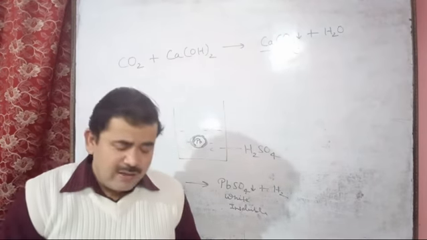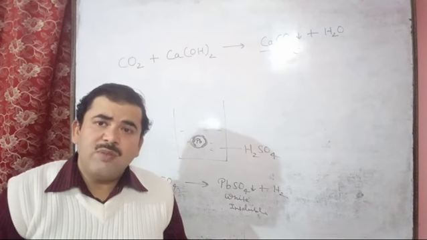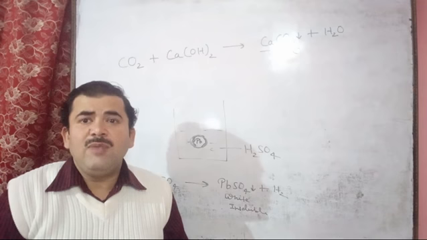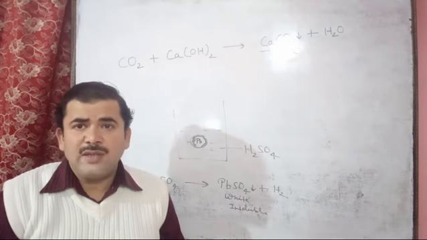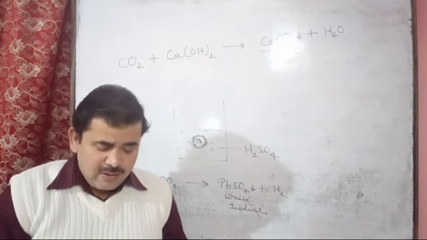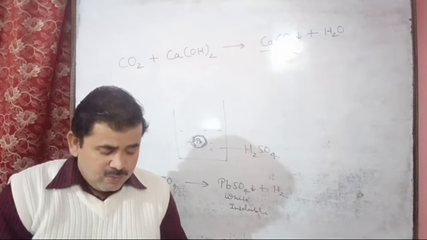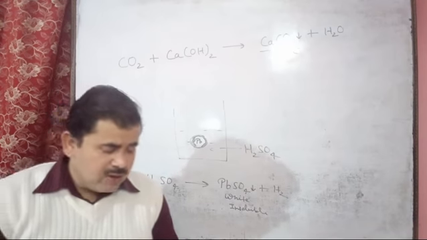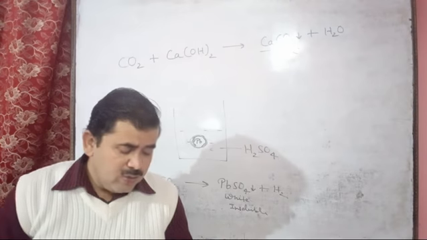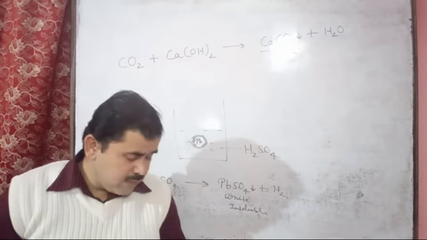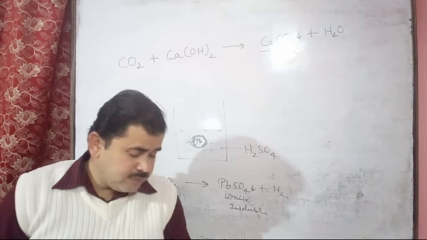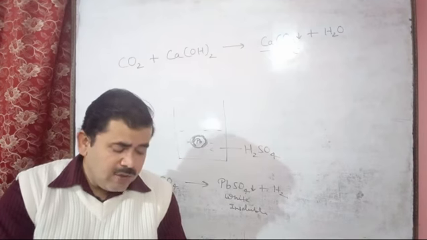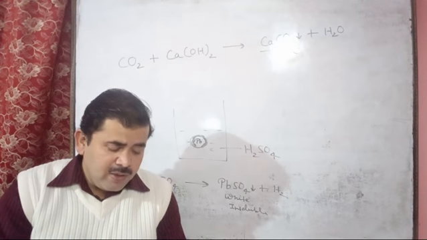So you will write here, potassium and sodium are the most active metals, and even in cold water the reaction will be vigorous, violent, and exothermic. That's why potassium and sodium are not used to react with dilute hydrochloric acid or dilute sulfuric acid in the laboratory preparation of hydrogen.